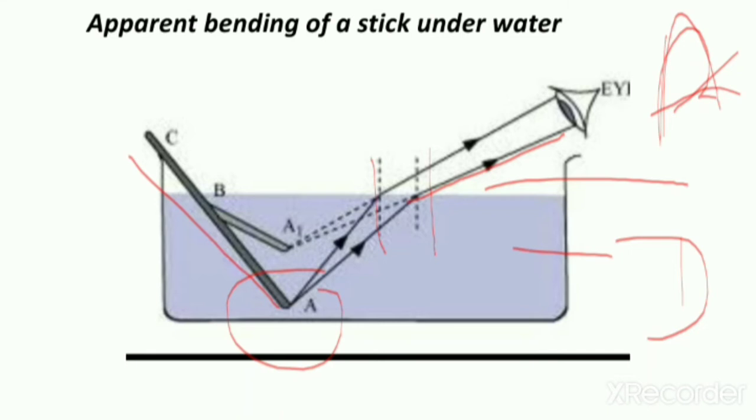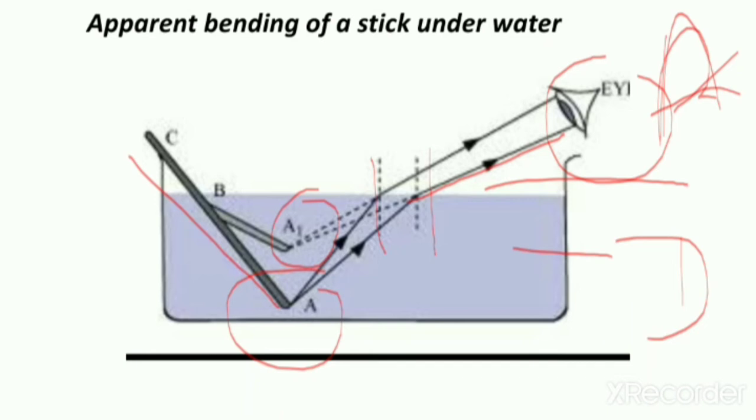So that means when we see this from here, the stick appears to be at point A1 instead of point A. The part of the stick which is immersed underwater, that is the BA part, from outside will look as if it is coming from A1B. So that is why, due to refraction of light, the stick looks bent from the point B, and the stick's depth appears to be raised, and this is the case of refraction of light.